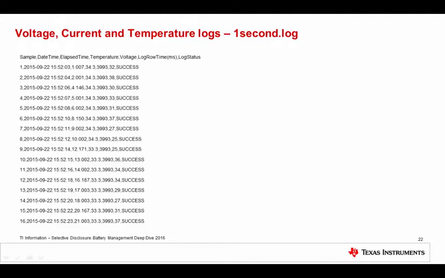So there's basically a date-time stamp. There's a sample iterator indicator number. There's an indicator of how many seconds have elapsed since the log was started, and then the raw data that's read out of those values. And then an indicator of success or fail. If there's a fail, it'll indicate fail, and there's a failure log that's generated, and it points you to that when that happens, so you can get more detail about what went wrong.